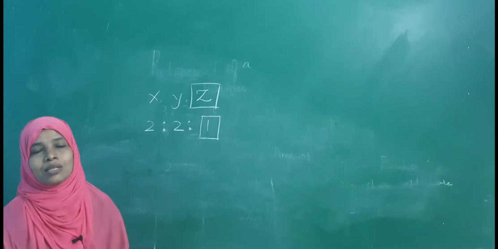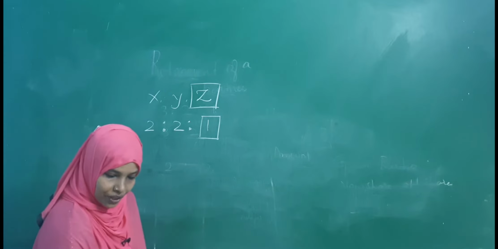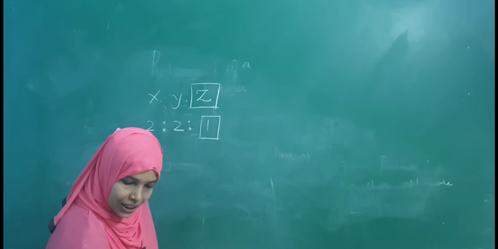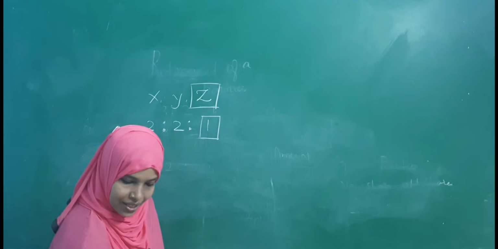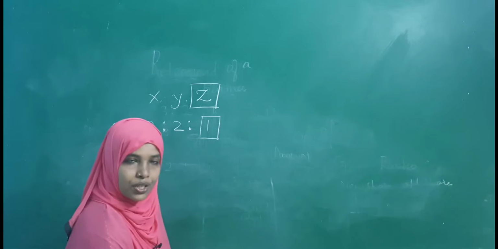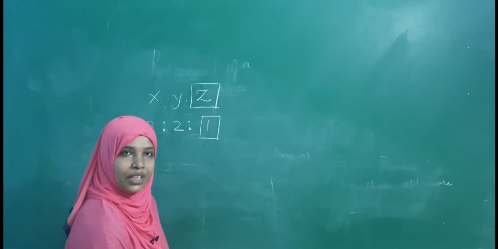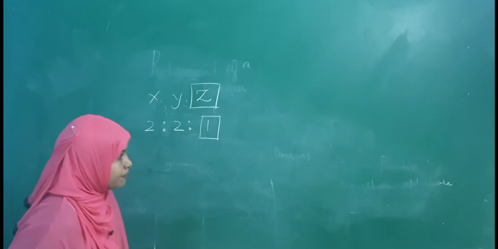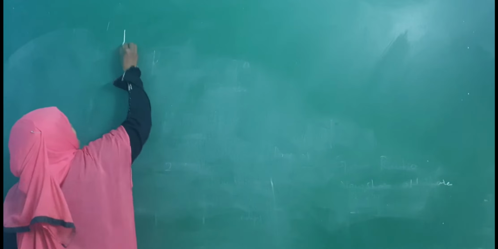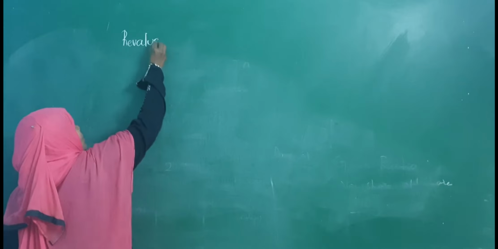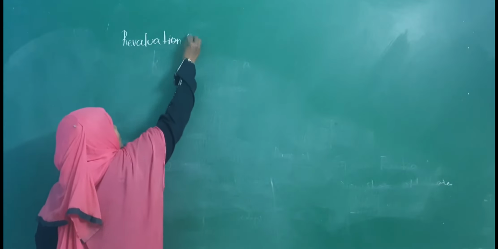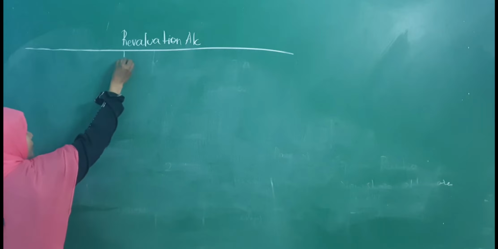Next, goodwill is created at 15,000. It's a normal goodwill. Whenever goodwill is given, you have to share it to all the three partners, that is X, Y and Z, in the ratio of 2:2:1. As I have told you, 2:2:1 is 2/5, 2/5 and 1/5. Let us start with the sum. Draw the columns. I'll draw all the three columns together so that it becomes easy for you all to do.